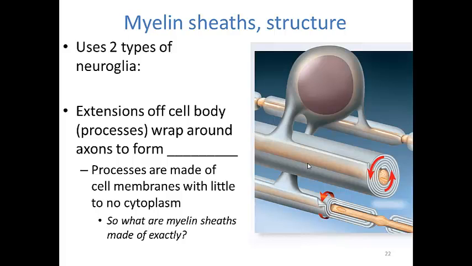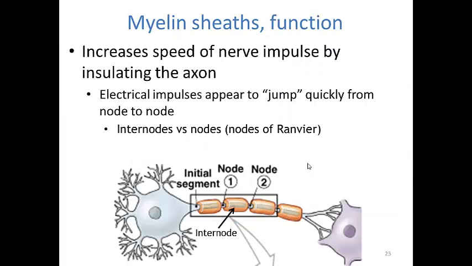So these myelin sheaths are essentially made of fat. They're made of phospholipids, and fat is a very, very good insulator, and that's what we're going to use the myelin sheaths for. What a myelin sheath does is it increases the speed of a nerve impulse by insulating the axon. What that means is that the action potential, that electricity, will travel faster along an axon that has been myelinated. It's sort of like bare wire versus wire that's been covered with a coating. The coating on a wire can make the conduction faster. And what we're doing here is coating the wires of our nervous system, the axons of our neurons, allowing the electricity to travel faster along these axons.